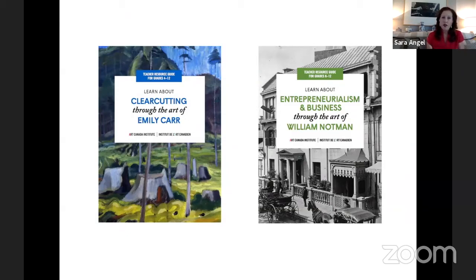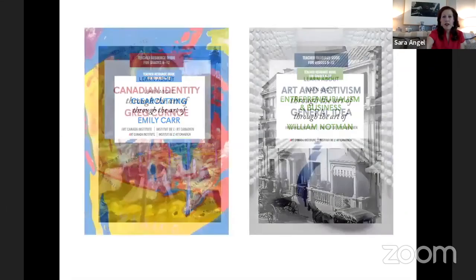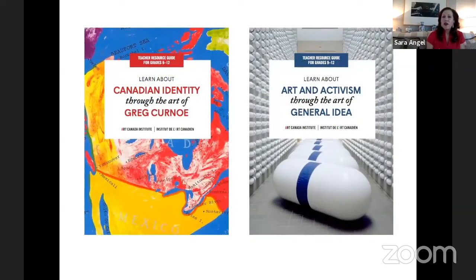And so what we decided what we wanted to do, and what would be best for students, taking the advice of educators, is to create content where students would be learning about subjects through the window of Canadian art. So for instance, learning about clear cutting through the art of Emily Carr, learning about business and entrepreneurialism through William Notman, who was a fantastic businessman, learning about Canadian identity through the art of Greg Curnoe,